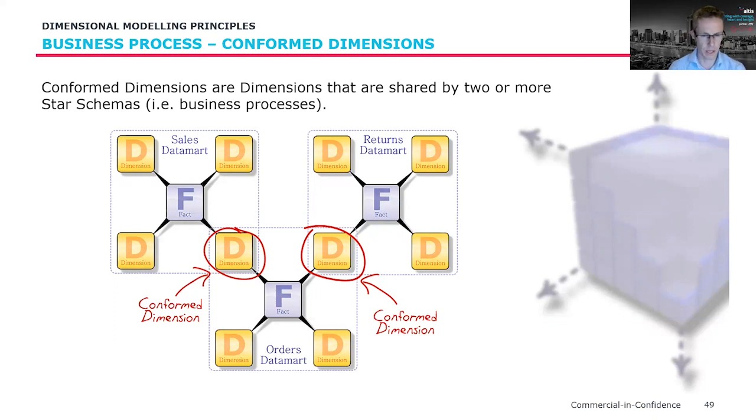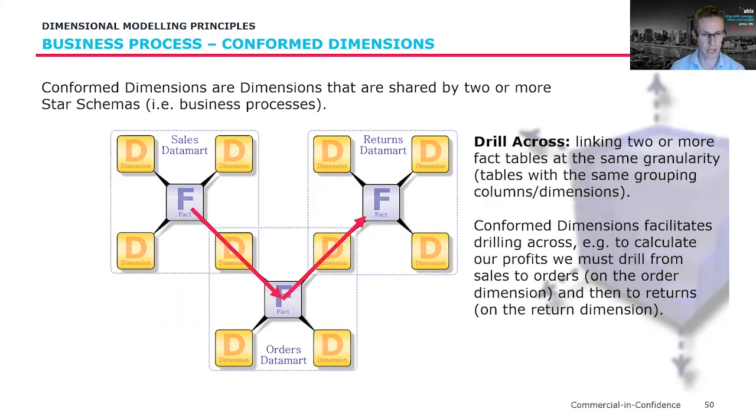And where they come into their own from a powerful point of view is that it gives you the power to then drill across multiple dimensional models via the common dimensions. So I guess the caveat around this is be mindful that as you drill across multiple dimensional models via your conformed dimensions, you need to make sure that the grain of those dimensional models are aligned, otherwise you'll start to get some unusual results.